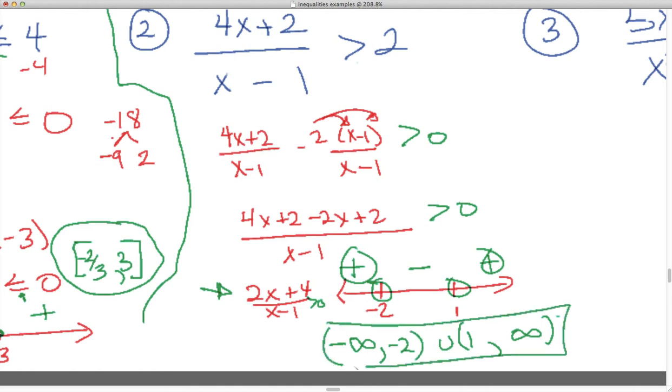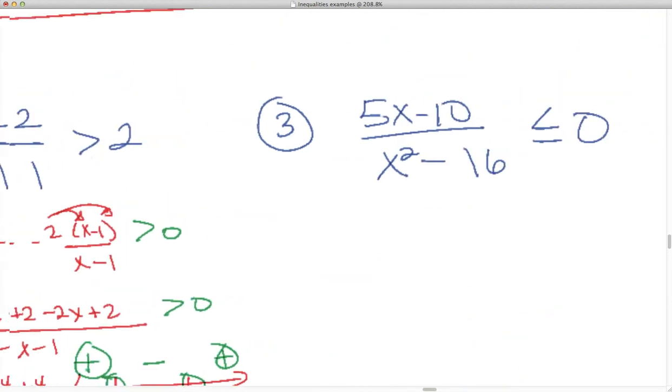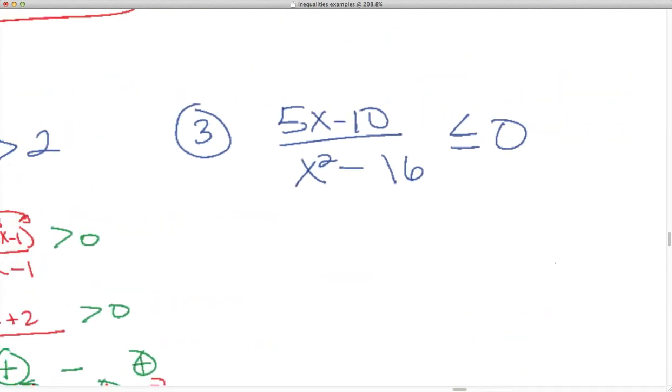Okay? Last example. Here we have both power of x greater than 1 and a fraction. So we'd set the top equal to 0, and you'd get 2, and the bottom equals 0, and you get plus or minus 4. So if you draw this on a number line,